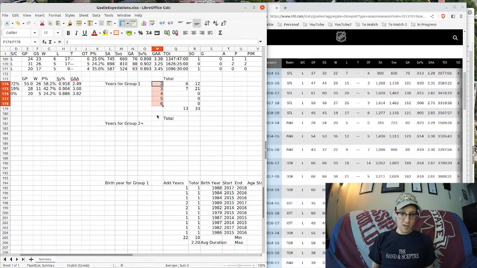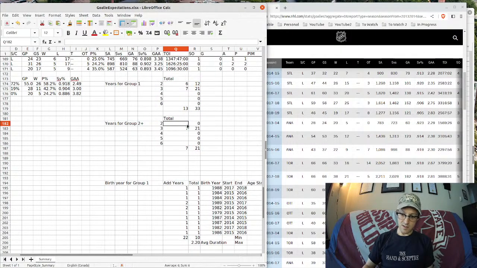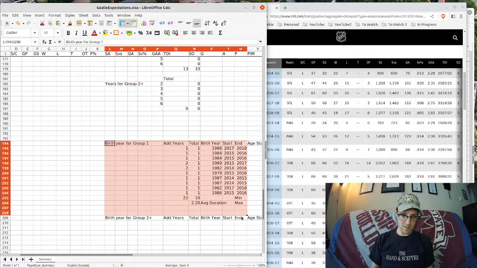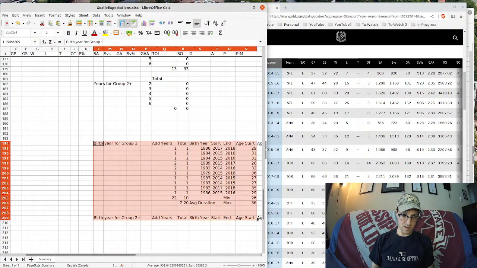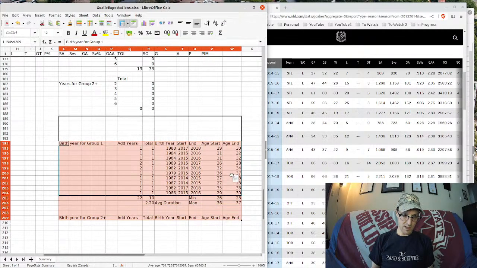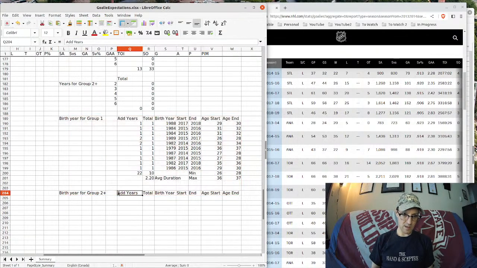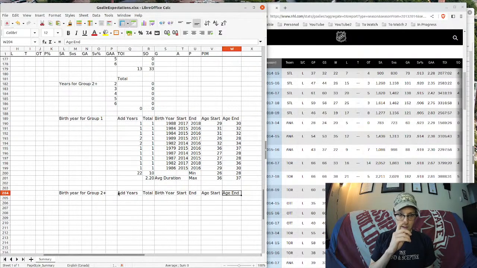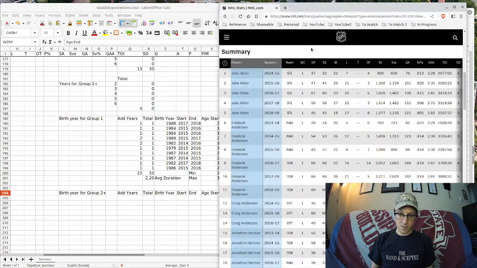Okay, and then, wait, no, so I don't need to move these. Actually, I can just copy that in its entirety, delete those, can move these back up. Okay, so we have